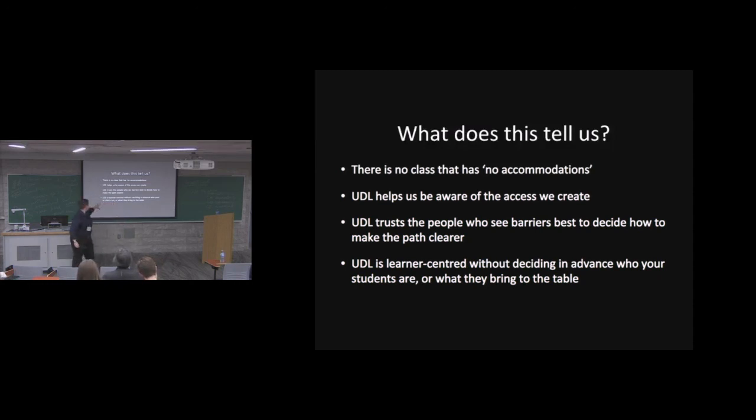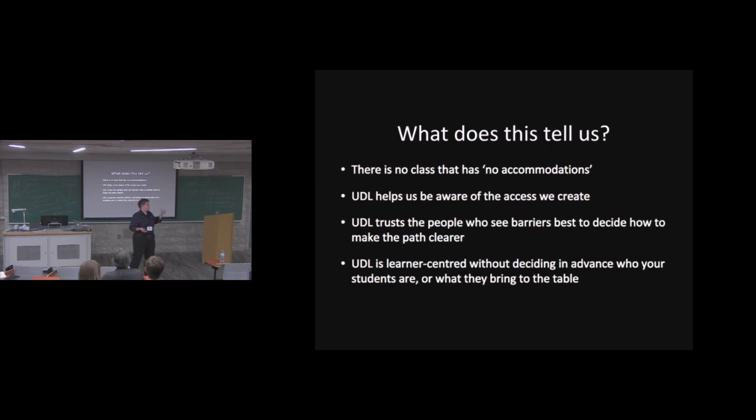So with universal design, if you're not deciding in advance who your students are, it means you're not deciding in advance what their time looks like, how they're able to access the materials, right? So one example of how to do that, something that I did in the disability course, is having there be options for assessment so that people can look at it. So rather than having people come to you and having to declare and have the paperwork and do all of this, everybody has to make a choice. Universally, that's part of what everybody in the class has to do. They have to make a choice. Why they make that choice is none of my business, right?